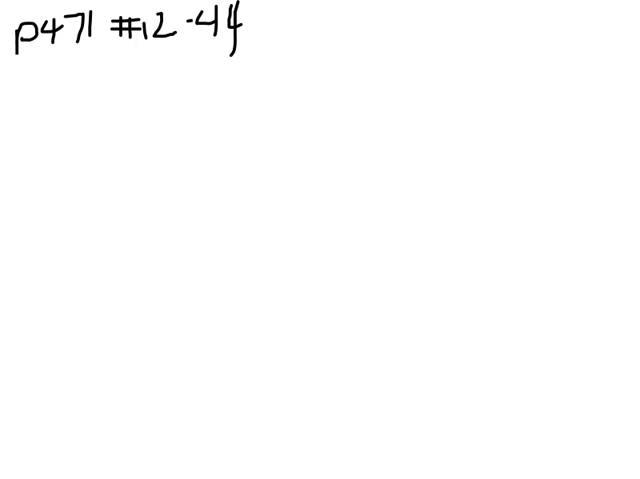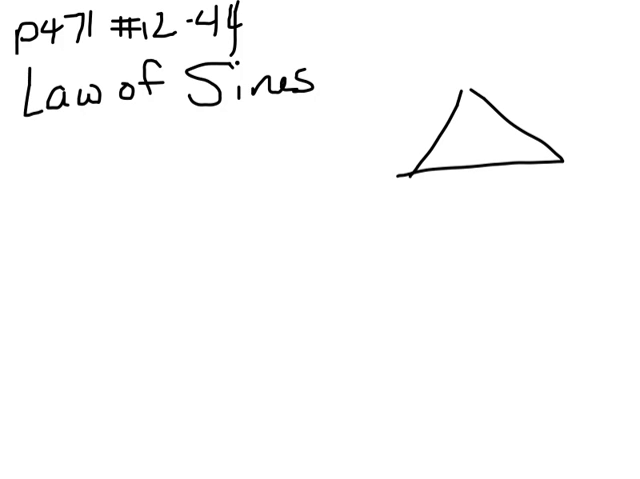Review of the idea first. We have two rules. One of them is called the law of sines. We do this again in trig. And the law of sines says that if I have a triangle and I label it A, B, C, or